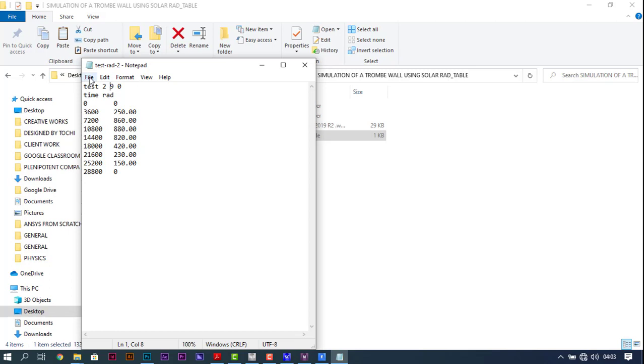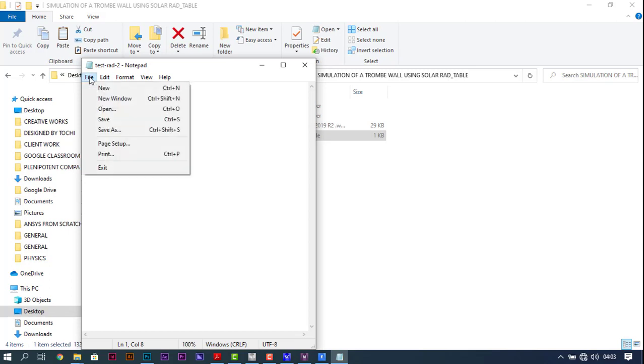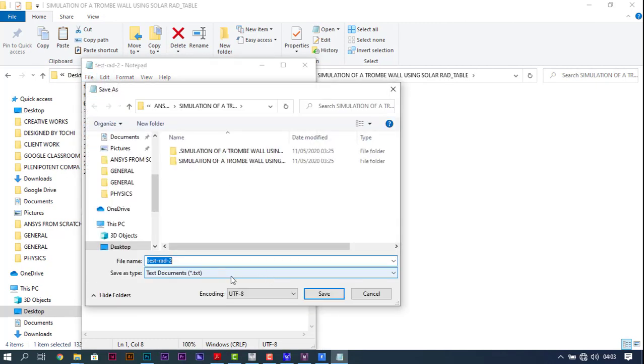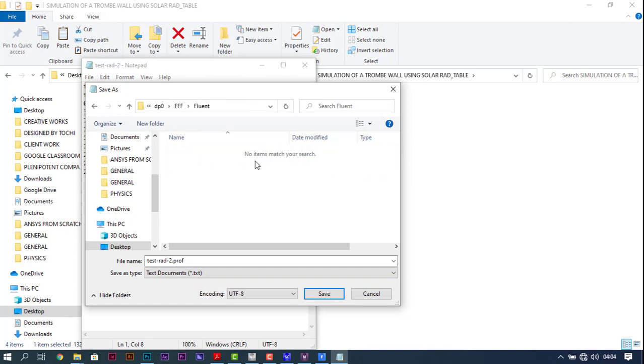Alright, so the next thing is the format we need to save this header file as. We need to save it as a .prof file, and we need to save it in the correct directory. So 2 things you need to note: the file format and where you're saving it. So it will be testrad2.prof. Okay, so this is a profile file. We save it in the main file, Fluent. Okay, so it has to be saved